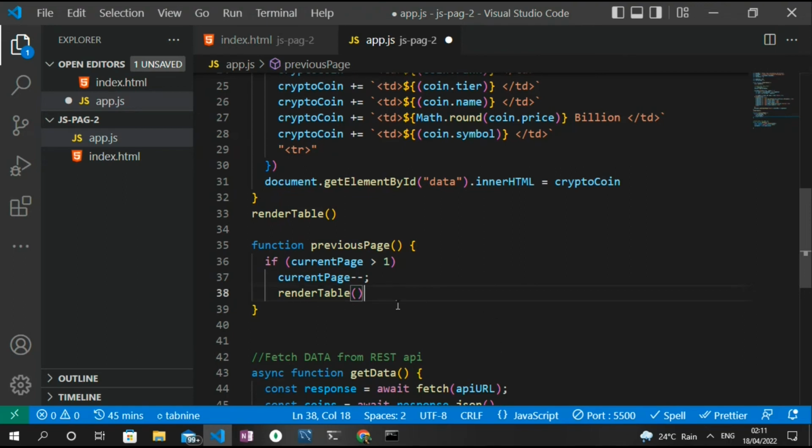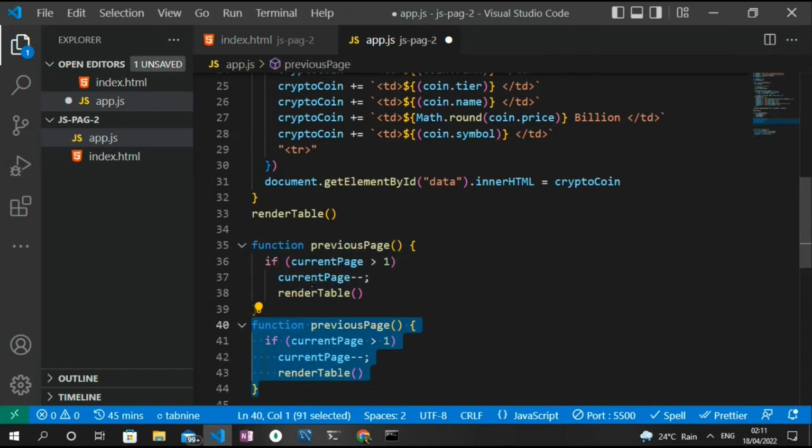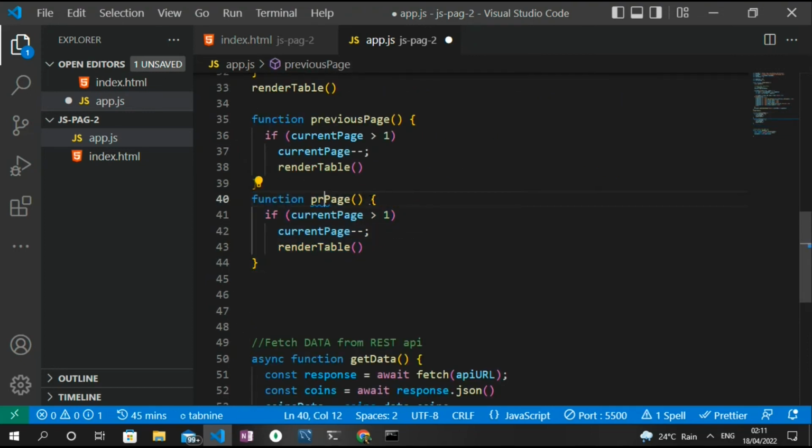So we're going to call the function for the table, so it renders the previous page, the buttons that show for the previous page. So you get what I mean. In the case of next page, we're going to iterate forward by making use of the plus signs. So I'm just going to duplicate this, and then instead of previous page, I'm going to have a function for the